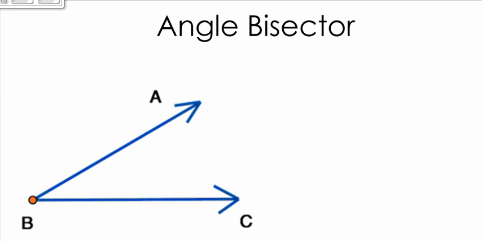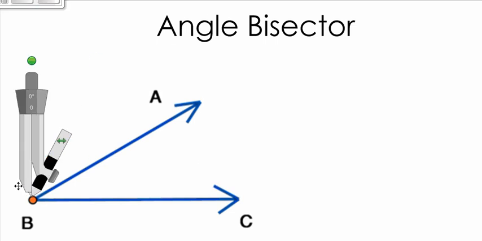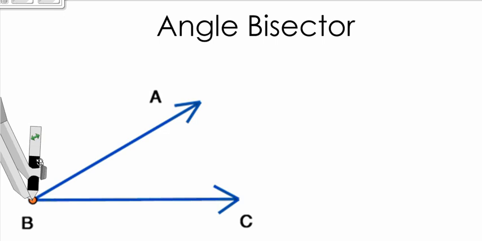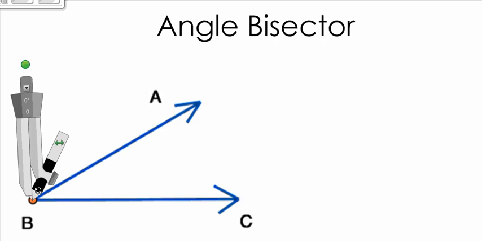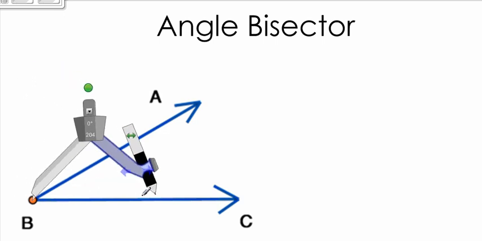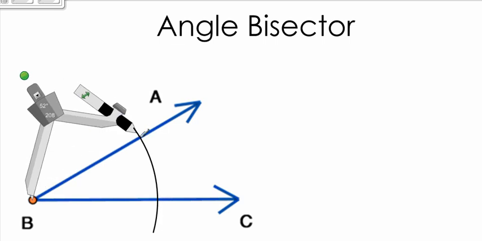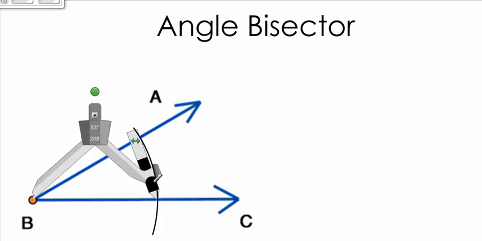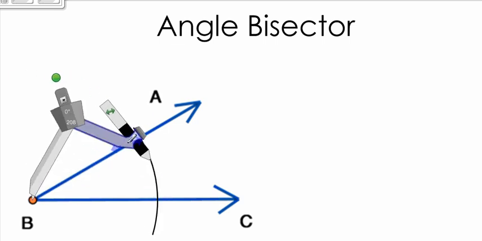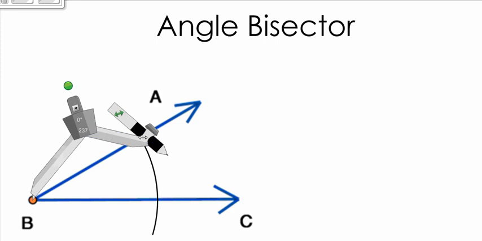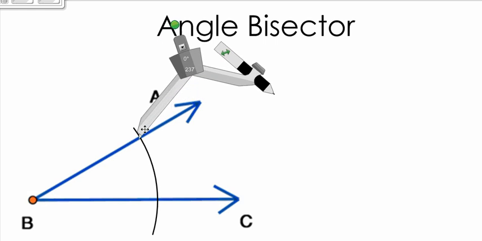All right, an angle bisector. Remember the word bisect means to cut in half. So we're actually going to do the same process that we did for that angle. We're going to take that compass, put it on point B, extend it out a little more than halfway, and we're going to make an arc that touches both the top and the bottom. Now I'm going to extend my compass a little more than what I just had it, and I'm going to move it to the intersection points